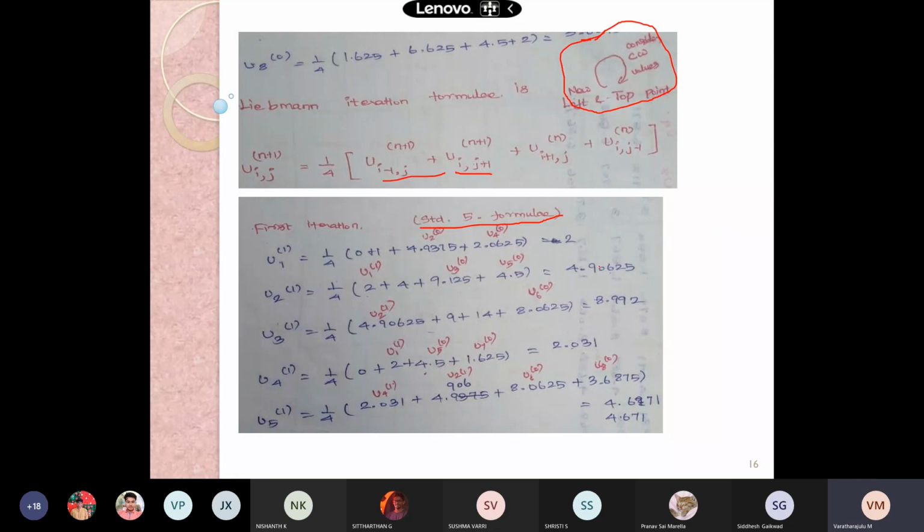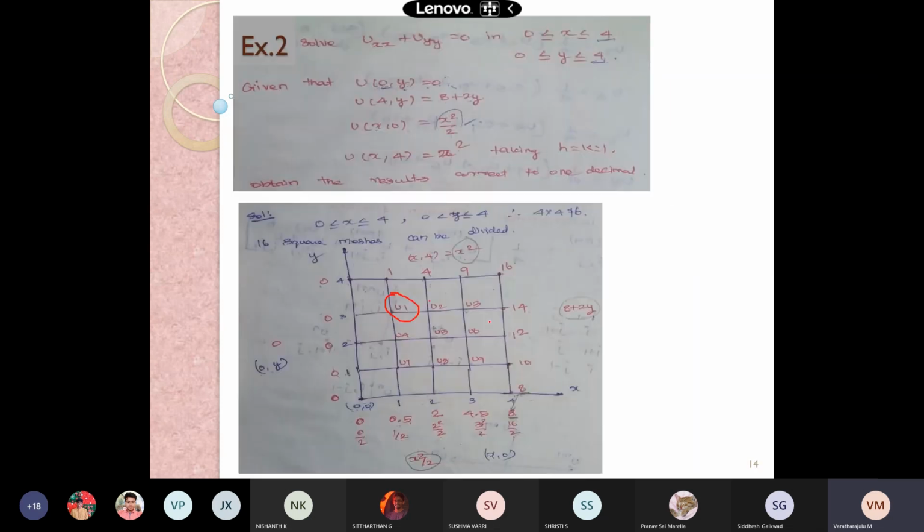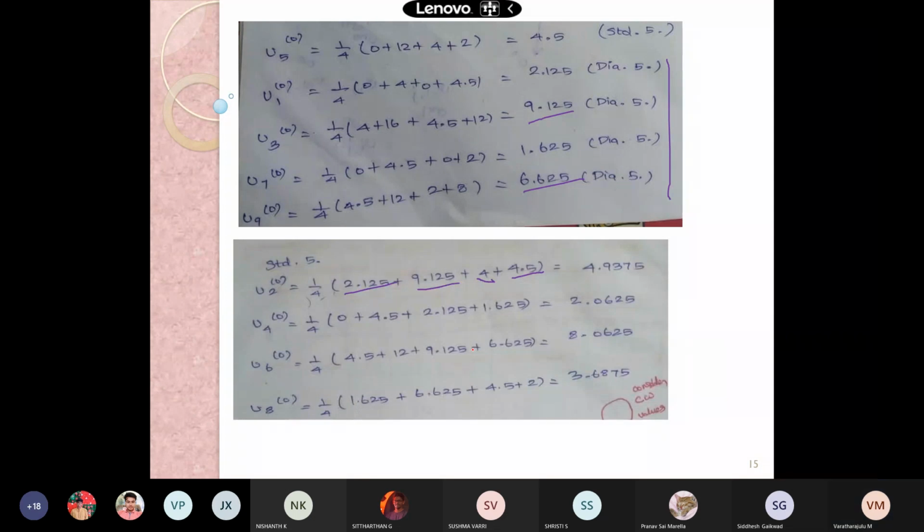This newer value is applied here, and for U4, this is what U3 and this is what U5 returns. For U3, we need to take the newer U2 value, and the rest of these two are, I think, the other boundaries, 9 and 14, 9 and 14, and U6, the past U6.